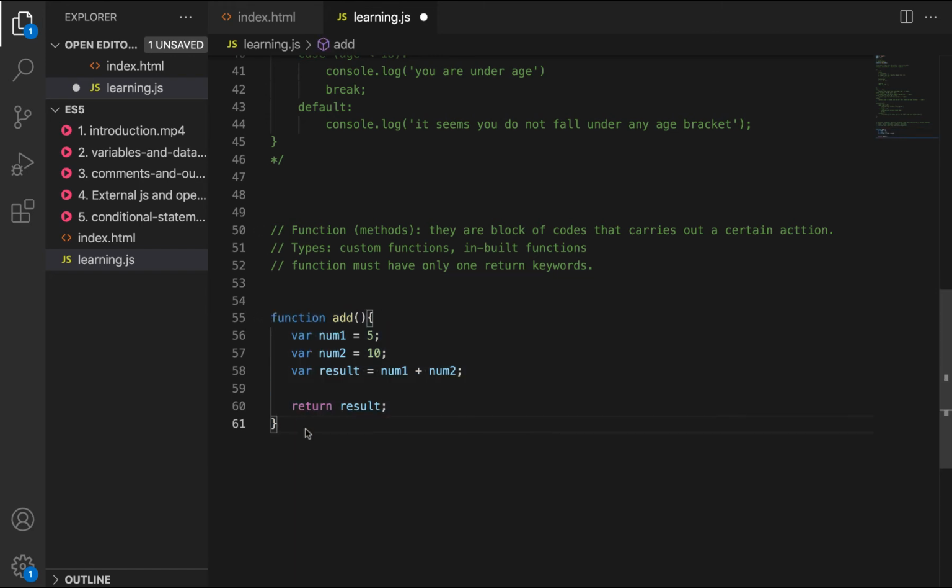Now, once you're done creating your function, the next thing is how do you use the function? And that is the concept we call calling the function. Let me call this particular function. For me to use this function, I just need to call it, and it could be anything. But in this case, I want to console log the result of this particular function. So I'm going to say console.log